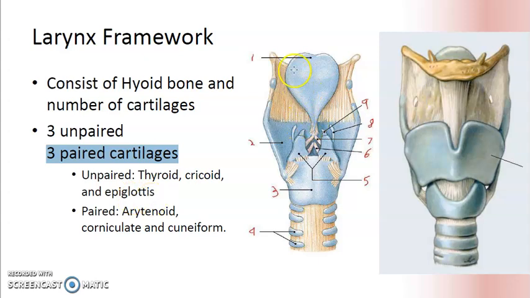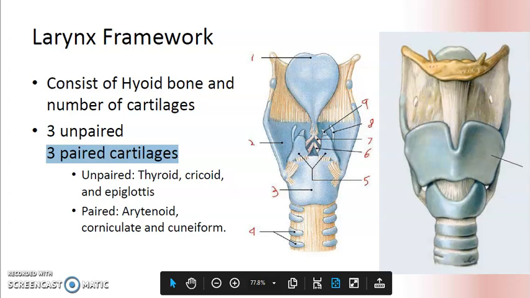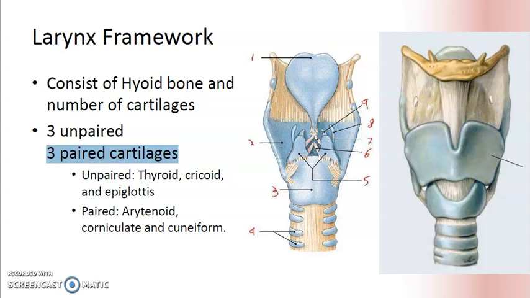So this is the epiglottis, okay. You can see that from the front profile, you can see just the tip. This is from behind, okay, epiglottis. This is the thyroid cartilage. This is the cricoid cartilage, okay. And the paired cartilages are arytenoid, this pyramidal shaped one, corniculate, and cuneiform, okay. These are the cartilages of the larynx. I repeat, unpaired are thyroid, cricoid, epiglottis, and the paired are arytenoid, corniculate, and cuneiform.